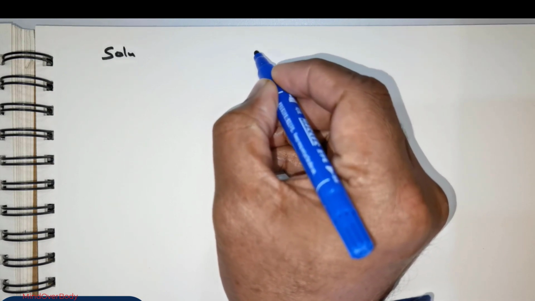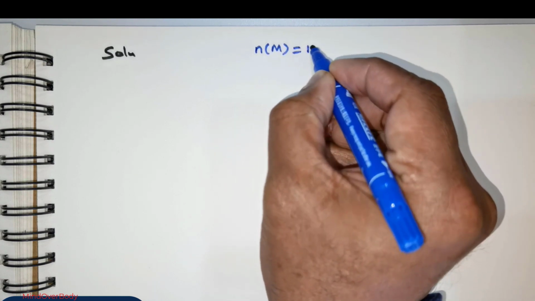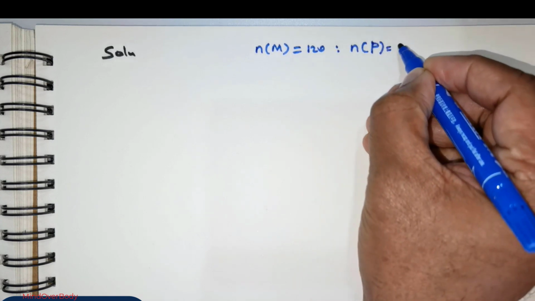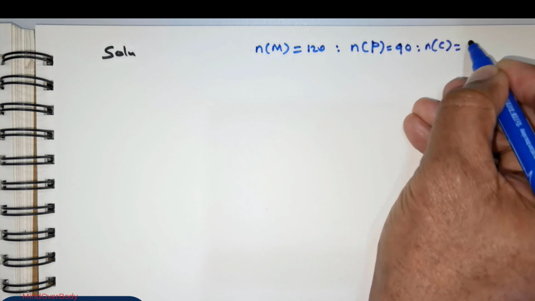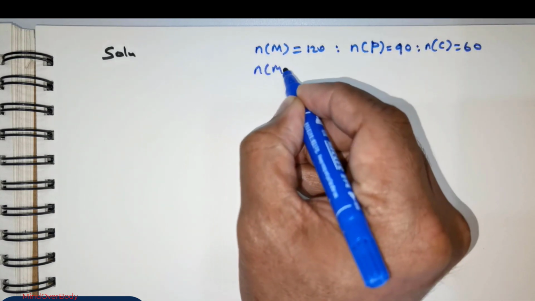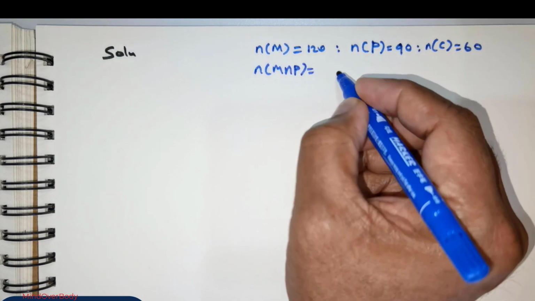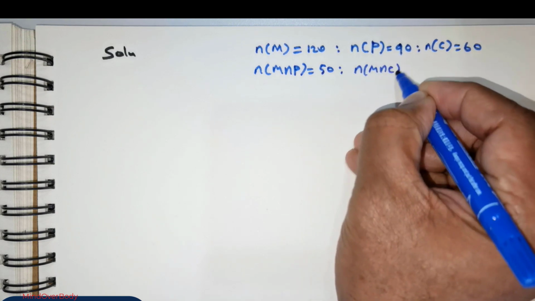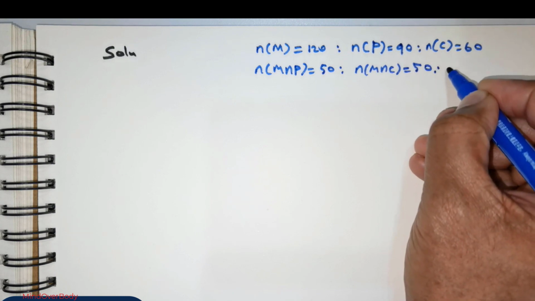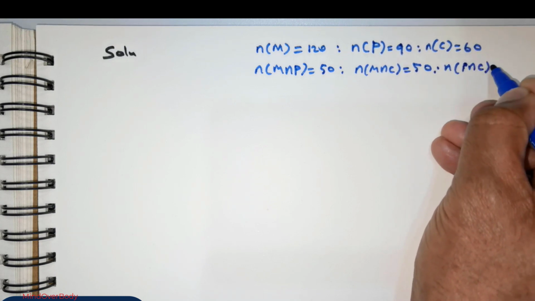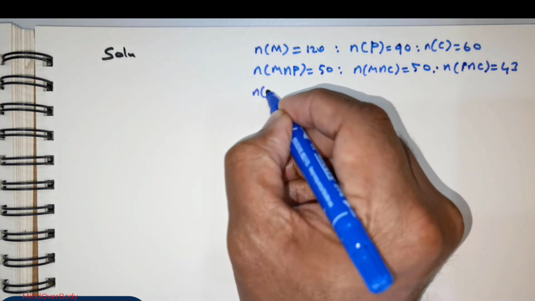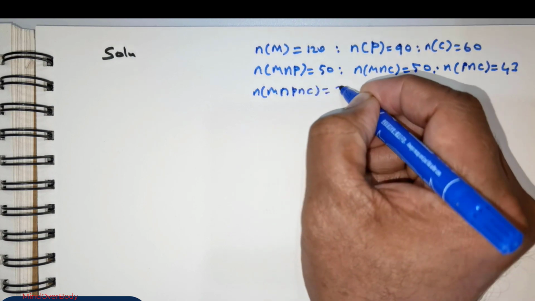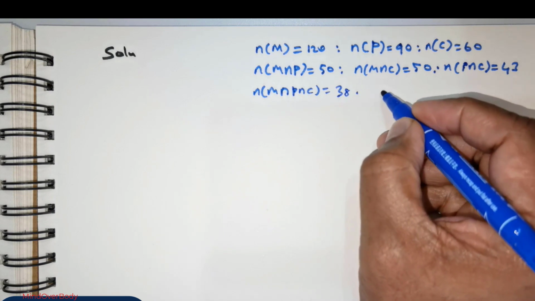Now you've got the number of students taking math to be 120, physics 90, chemistry 60, who take math and physics is 50, who take math and chemistry 50, who take physics and chemistry 43, and people who take math, physics and chemistry is 38. This is the data that's been given. We are expected to find